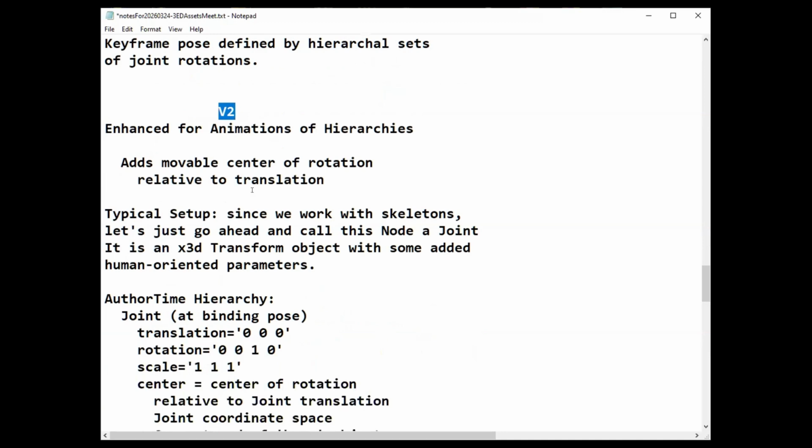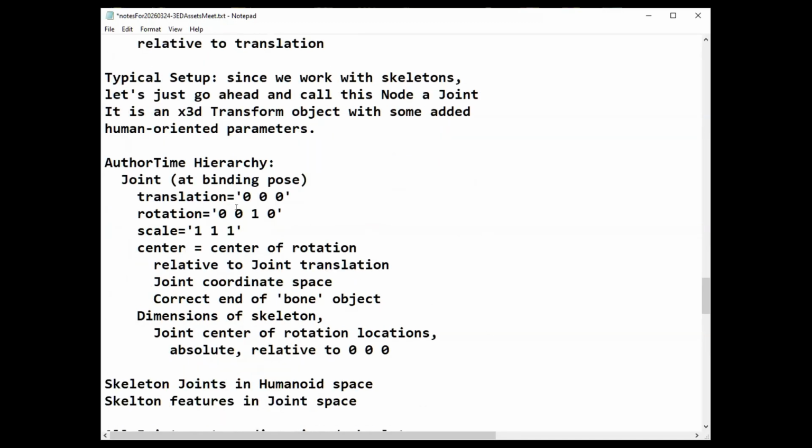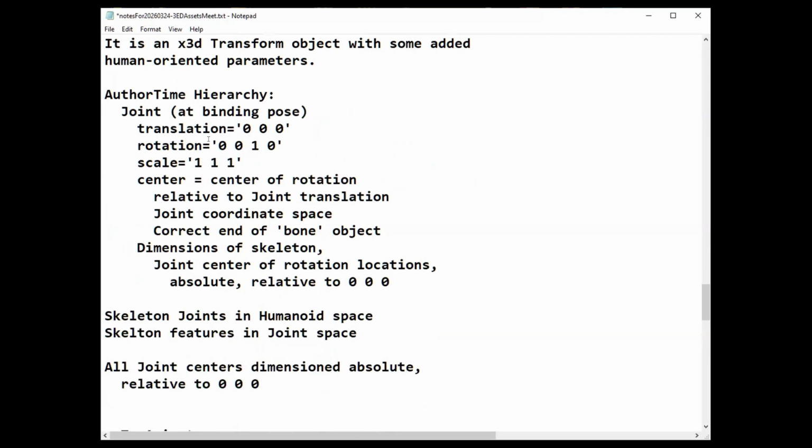So it allows you to move the center of rotation away from your translation value. In author time, we set the joint here, and then set the center of rotation relative to the correct end of the bone, so that it rotates as expected.